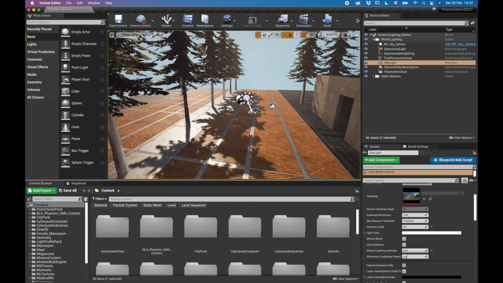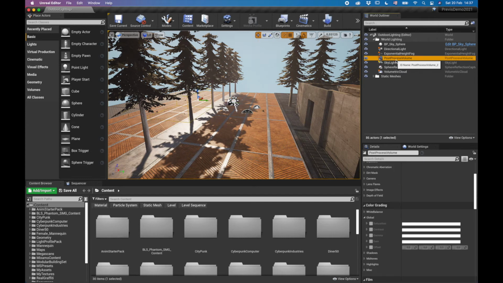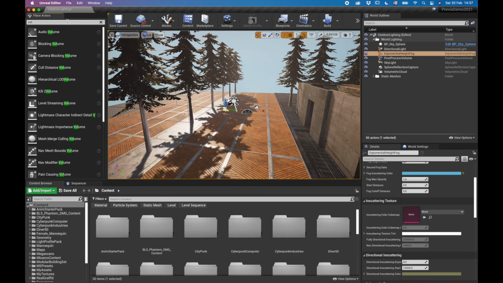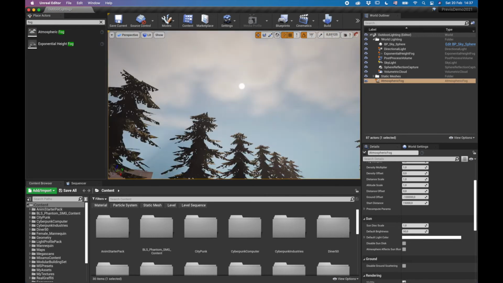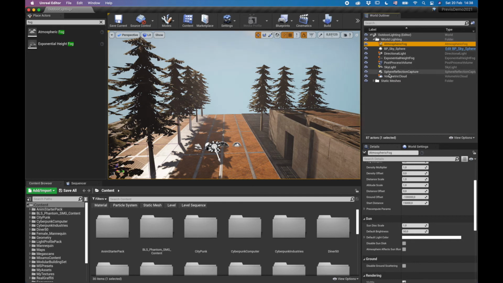That's your skylight, your reflection capture, you have to add it, your post-processing volume, your exponential height fog. You can also add a volumetric height fog. I think that's what it's called. Wait, let's fog, atmospheric fog, that's the one. Atmospheric fog, if I were to add it right now, it's taxing, but it does do things. If I were to take off my exponential height fog, it creates additional